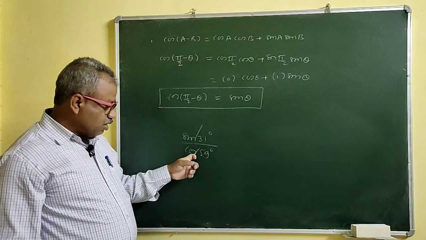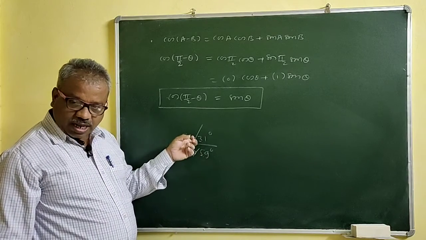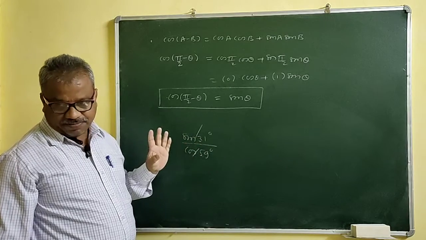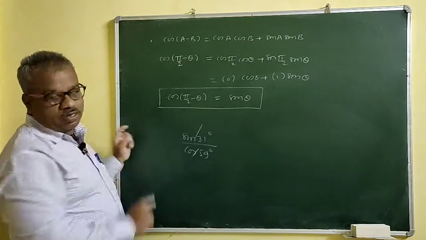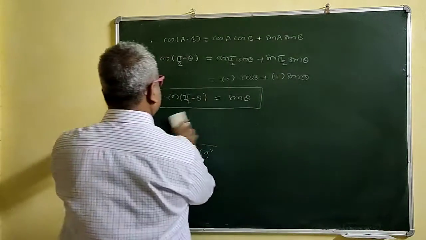Sine of 31 and cos of 59 are the same. That means cos of 31 degrees and sine of 59 degrees are the same, right? So you have to take the benefit of this formula now. Next,